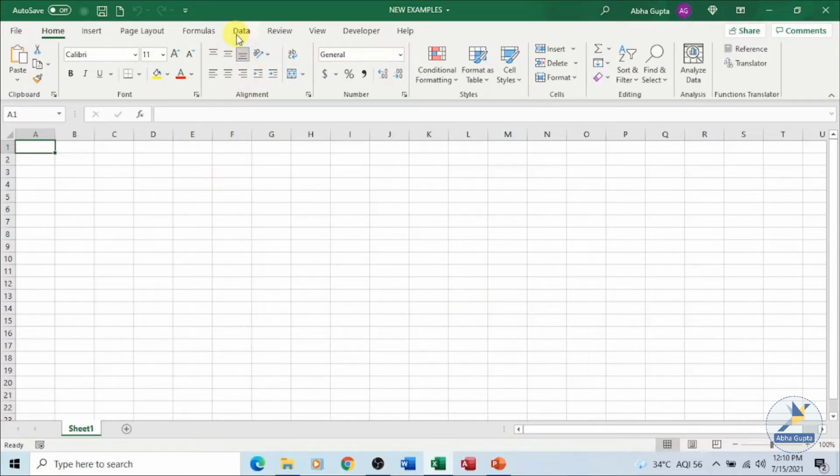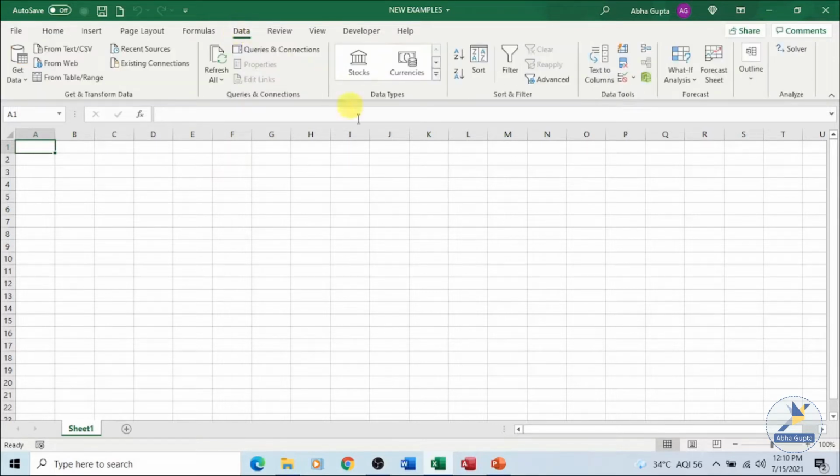So in your data tab, we have a new sheet over here. Click on the data tab, and under Get and Transform Data, you have all these options, whether from a text file, from the web, from a table. You can see what sources we have, and the existing connections which we have over here. We will make use of Get Data over here.